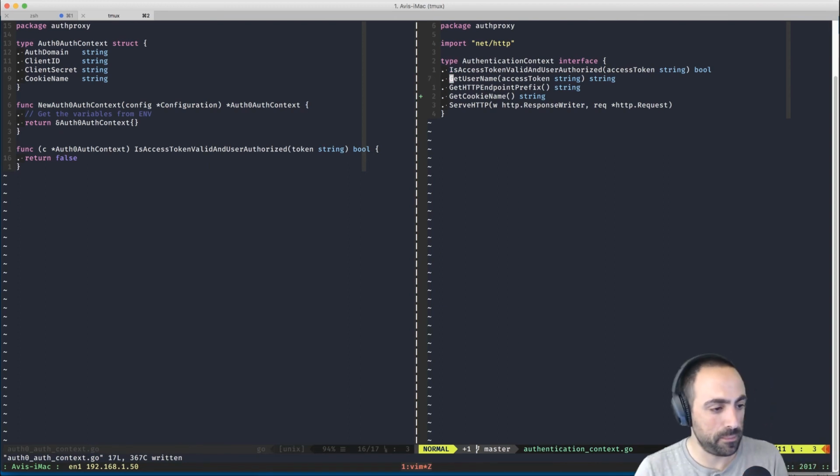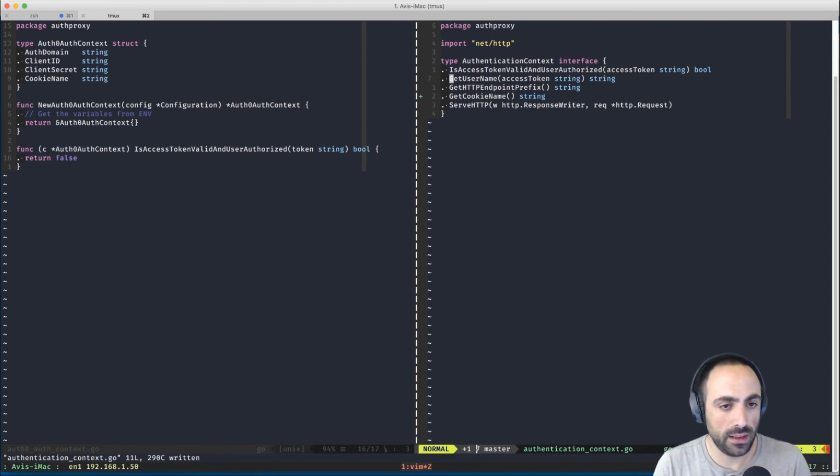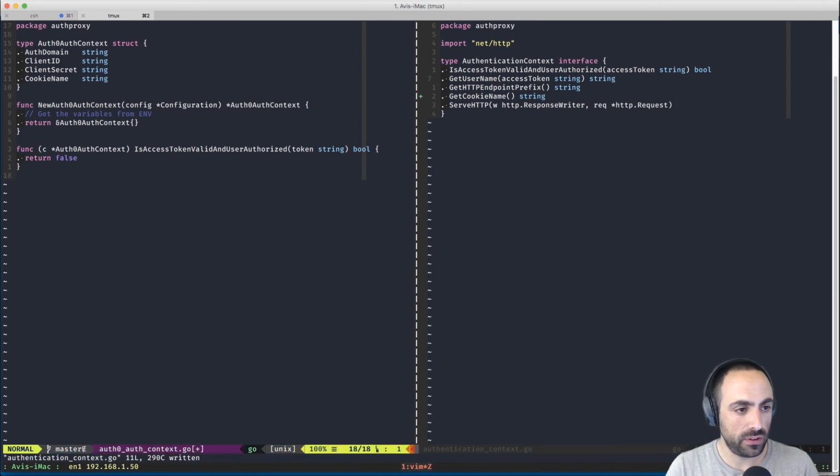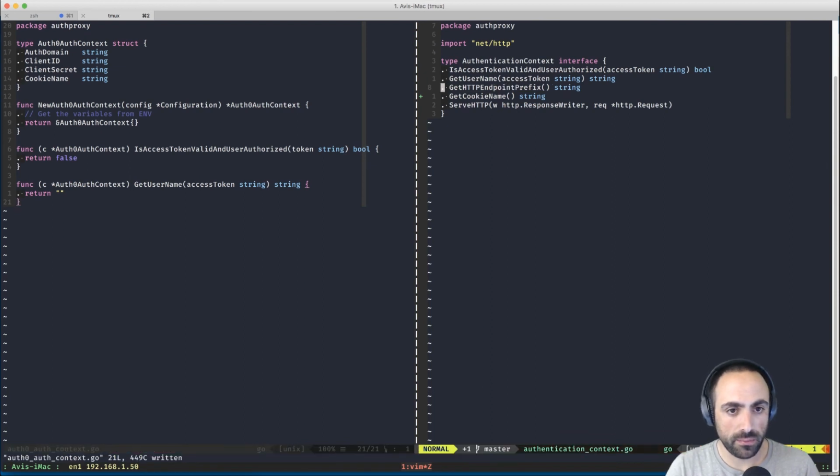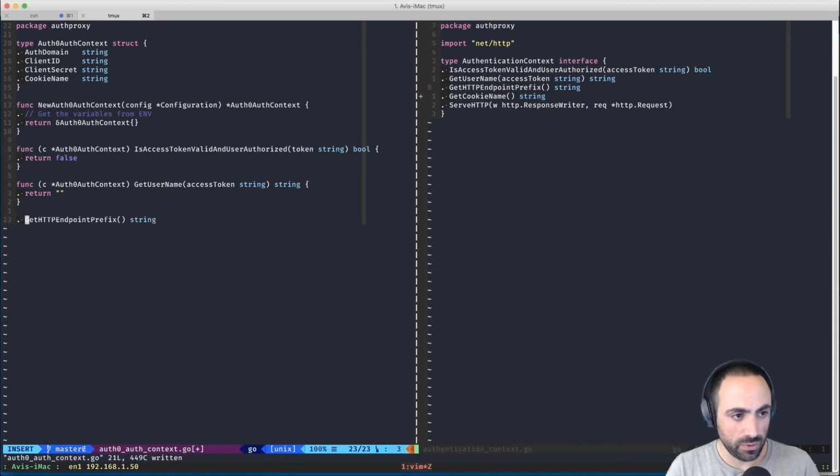Awesome. And then here we have this. So it's function of C as the Auth0 auth context of get username, and let's return this. Great. And now this, which is function of C as Auth0 as well.